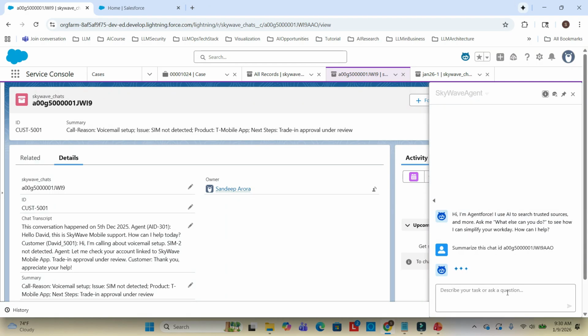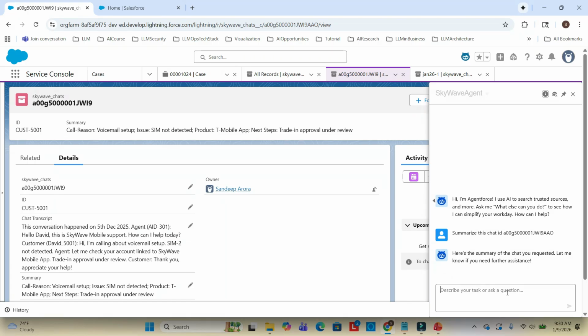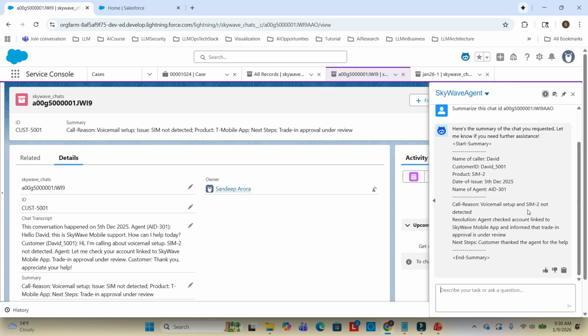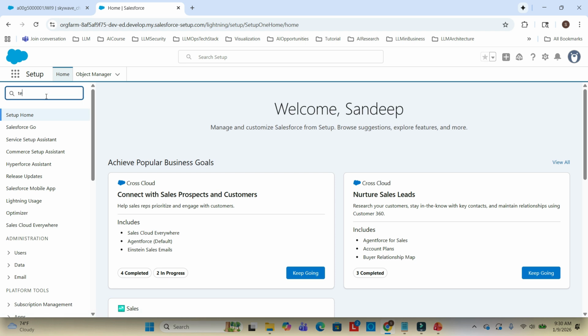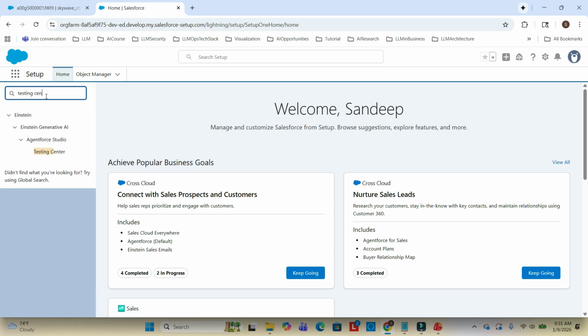So it's going to summarize it in a way I want it to. And what we are going to do today is evaluate the accuracy of this summarization. So let's go to setup over here, and if you type in testing center,